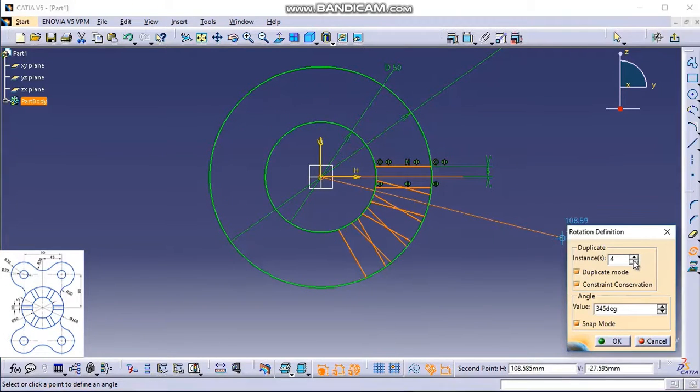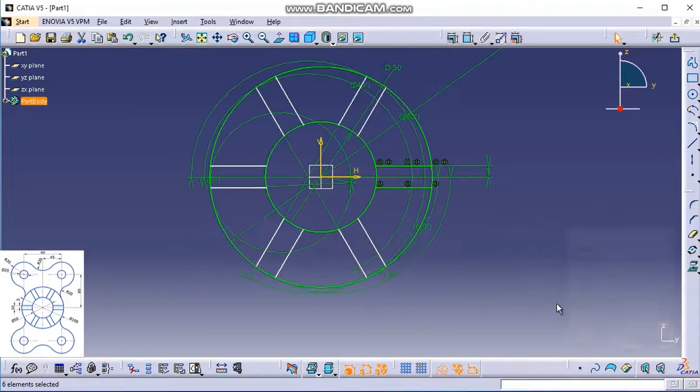Now here we'll change it to 5 so that 5 instances plus 1 original object, total 6 objects will be formed. Here the angle I can take 360 by 6, which is 60 degrees. Directly you can take 360 divided by 6. Press the enter key and you can see the objects have been formed.